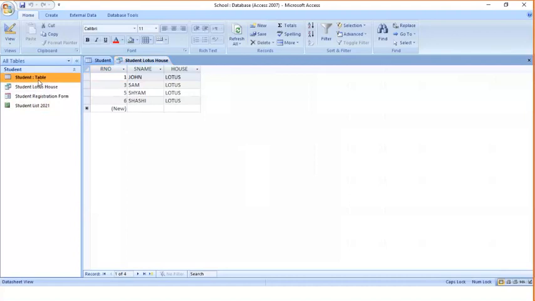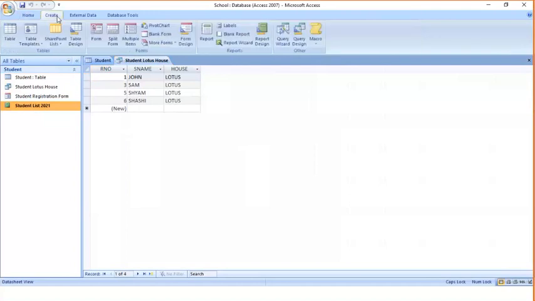So like this we have created a table, we have created a query, we have created a form, and we have created a report. And for going to this, you need to go to the create tab, and there is the first block for creating a table, the second box is for creating a form, the third one is for report, and the next option is creating a query. So with this we have finished Access Practical.